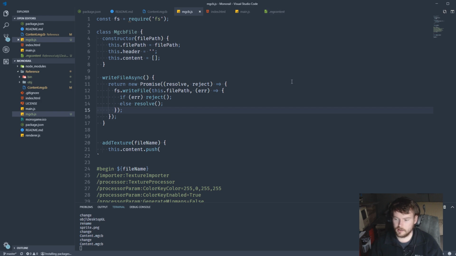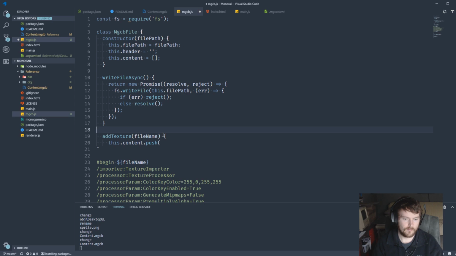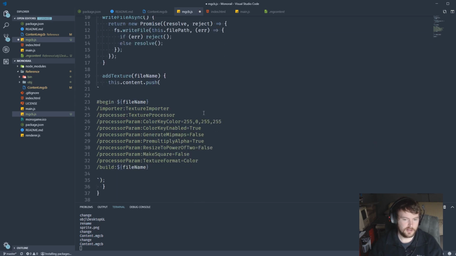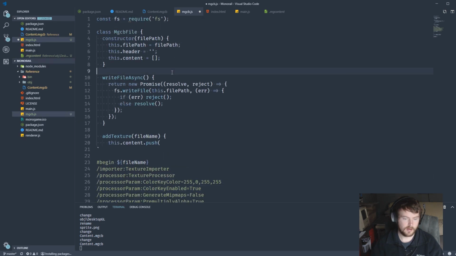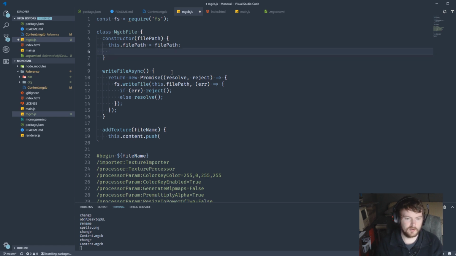Trying to be clever, and that's not going to work for me. So to get that header, I'm going to have to read the file contents to start, which I do not remember. I believe it's just fs read file. And I'll have to do some parsing later, but I'm going to actually move this down into the question is can I